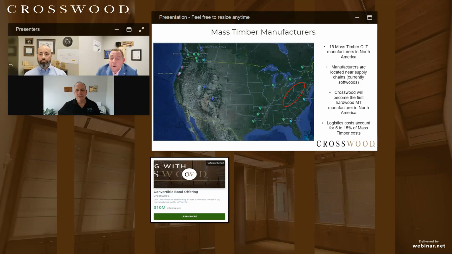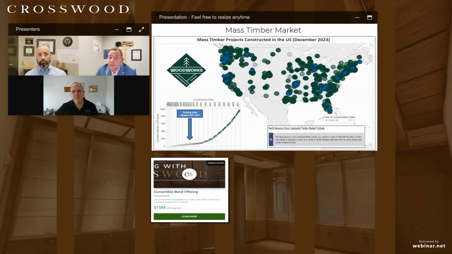If you were to take a 400-mile circle radius and put it around Waynesboro, we are reaching markets from New York City down to Charlotte, North Carolina. Those are massive mass timber markets, and our location here is just key. Localized manufacturing, we're going to make mass timber affordable. It's going to be readily available, and we expect to capture a lot of the markets up and down the Northeast corridor. Cool. Kurt, anything to add to that?